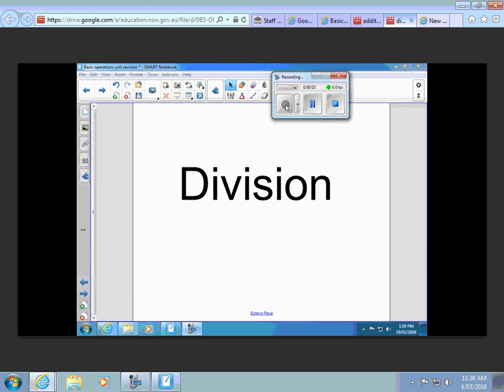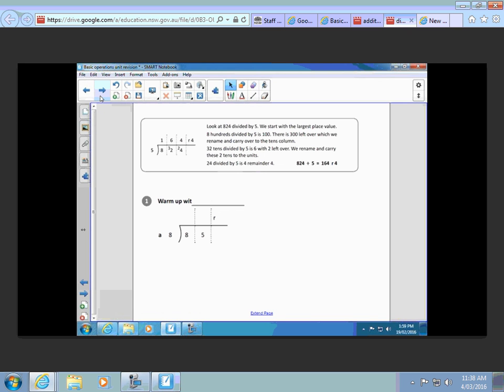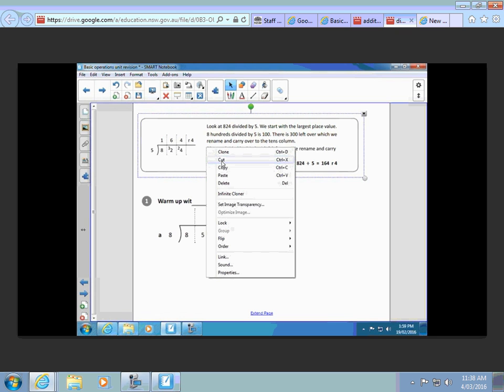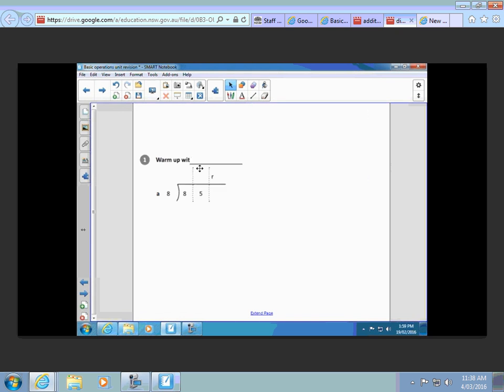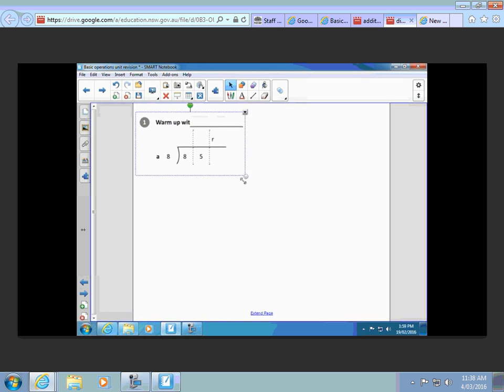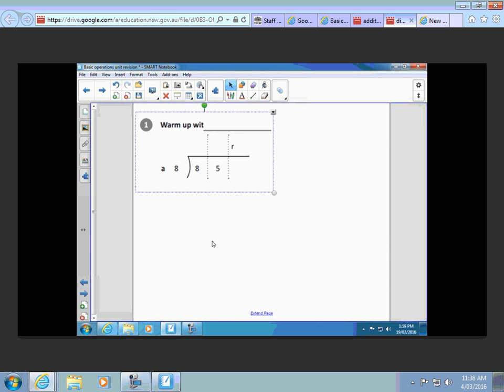Back to the basic operations revision unit, and we're on to division. A great way to think about division is sharing. So here this question's asking us to share 85, could be anything, let's call it lollies, 85 lollies between 8 friends. Alright, the way we do this,